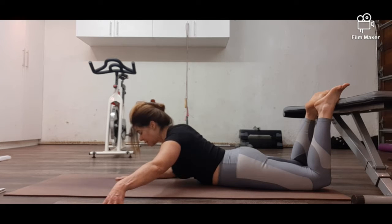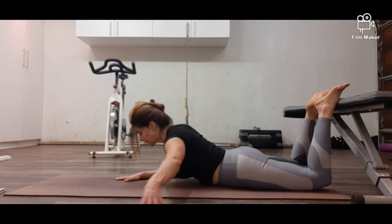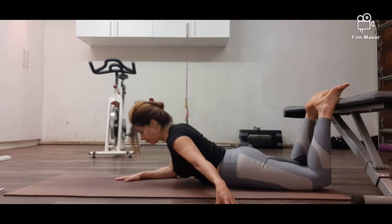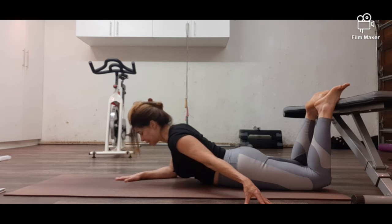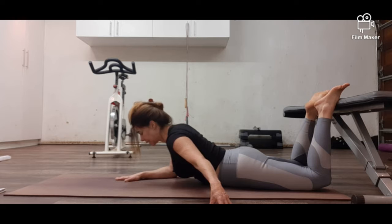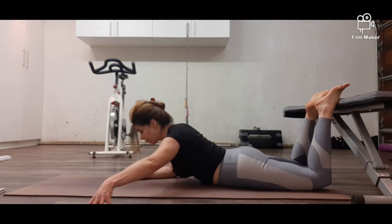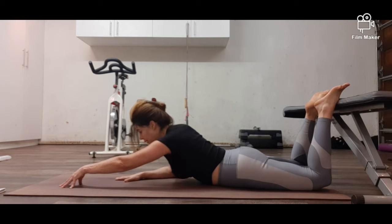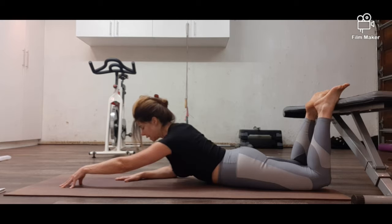Inhale, exhale, right. Adjust the shoulders. Keep pulling the shoulder blades down the spine. 4, 5, 6, 6, 5, 4, 3, 2, 1. Hold it here. Pull the shoulders down. Lift the chest. Try and square the shoulders as much as you can for 10, 9, 8, 7, 6, 5, 4, 3, 2,